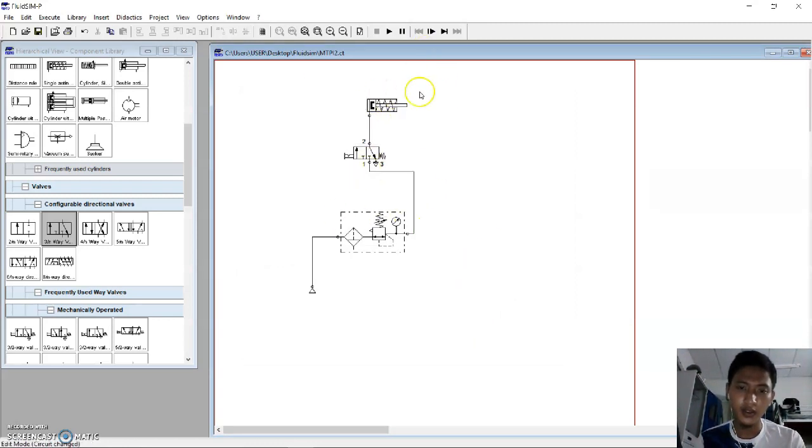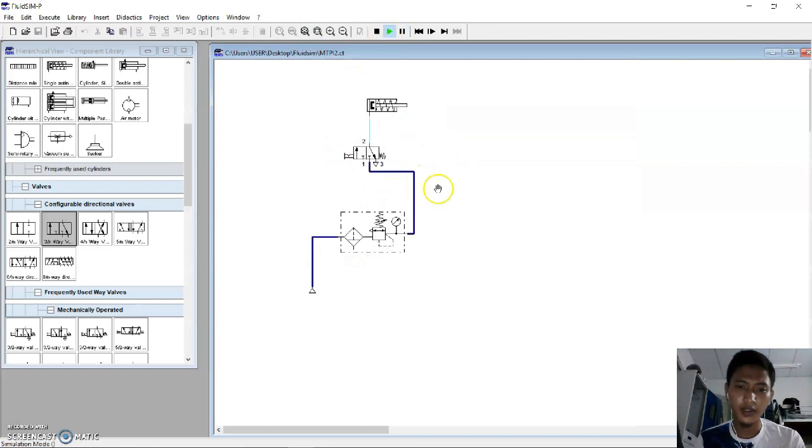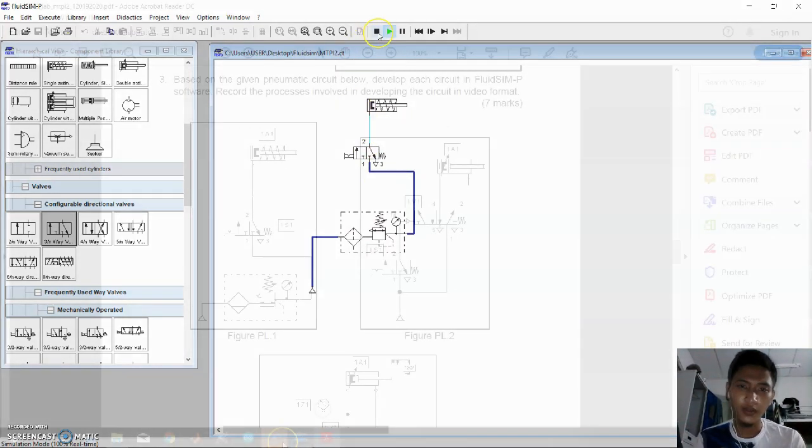So we run the circuit. We can see if the circuit is connected correctly or not. So the circuit is connected correctly. So when I push this button, the wire turns dark blue. All wire turns dark blue. When I push the button again, the wire is not connected at pin number 2 and the single action cylinder. The color is different at that place, so we can see the difference. So that's all for the circuit 1.